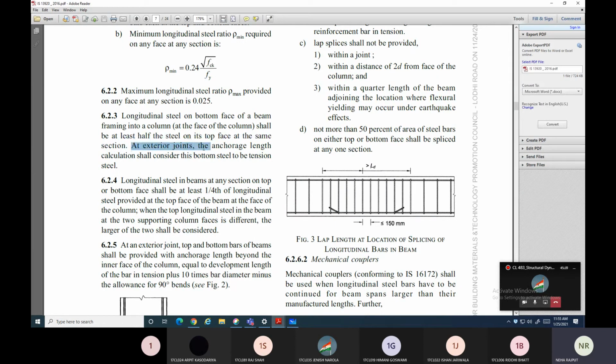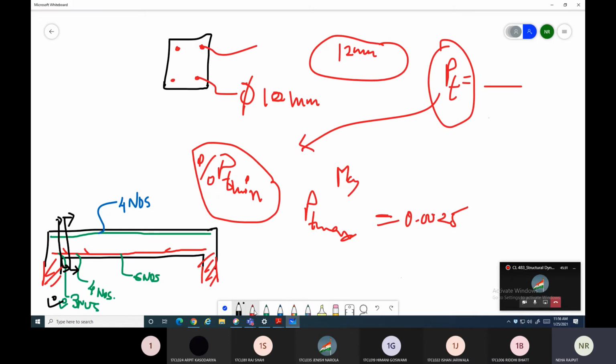At exterior joint, the anchorage length calculation shall consider this bottom steel to be tension steel. ये हम देखेंगे at the time of calculation that what should be the anchorage length. Anchorage length means ये लेंथ यहाँ से यहाँ तक गई, फिर इसको आपको यहाँ से ऊपर करना है, तो ये जो आपने एडिशनल लेंथ प्रोवाइड की है कॉलम एज से लेके यहाँ ऊपर तक, इसको बोलते हैं एंकरेज लेंथ। वो कितना प्रोवाइड करना है वो भी हमें चेक करना होता है।